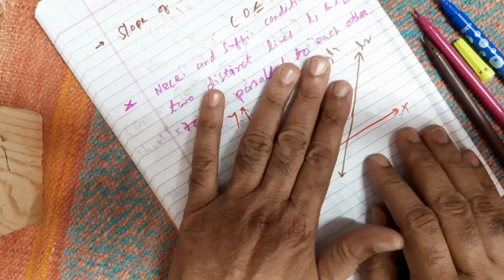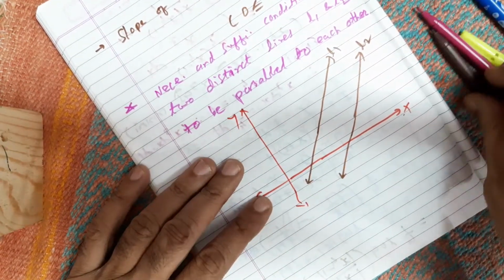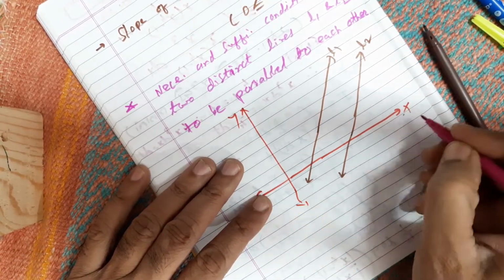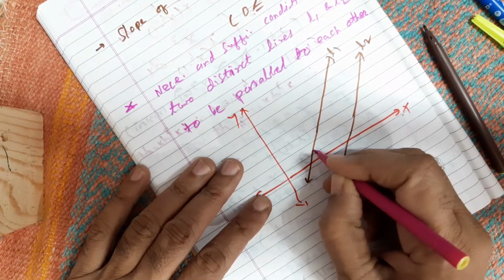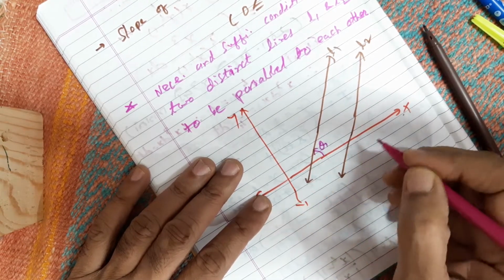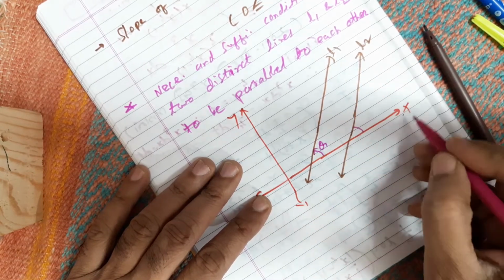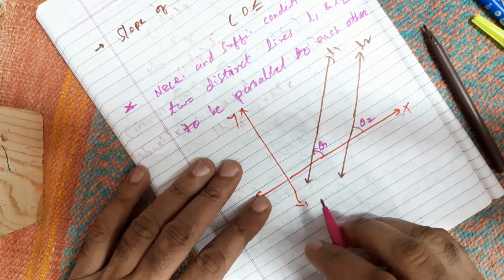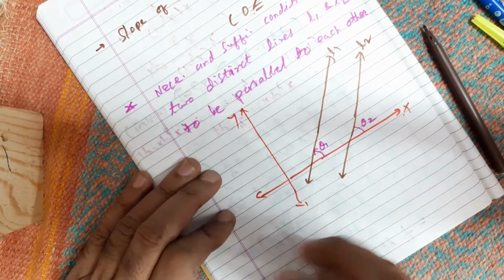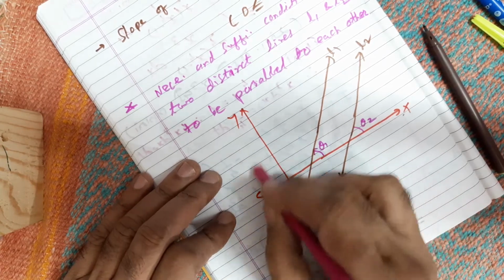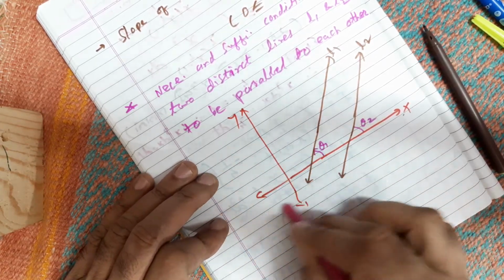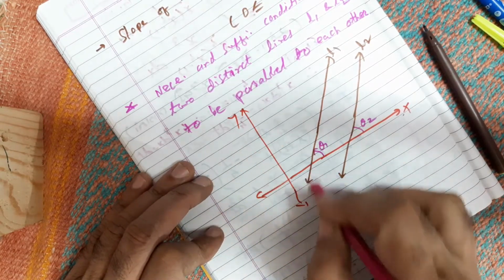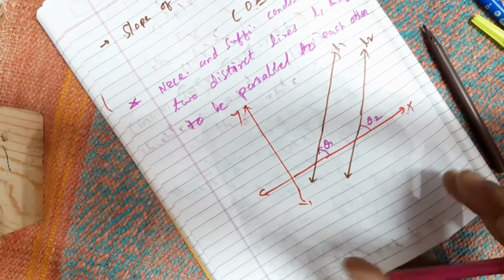Now let us say two lines are given according to the diagram, and the angle that L1 makes with the positive direction of the x-axis is theta 1, and the angle L2 makes with the positive direction of the x-axis is theta 2. Last time I think I explained what the positive direction is. Anti-clockwise, look at my pen, is the positive direction. Clockwise is the negative direction. Clear? You have studied this in trigonometry.